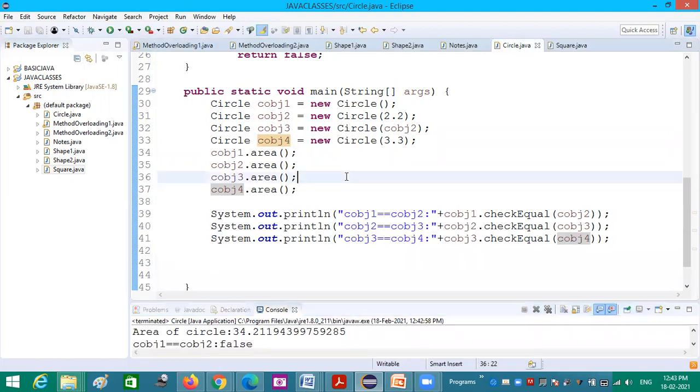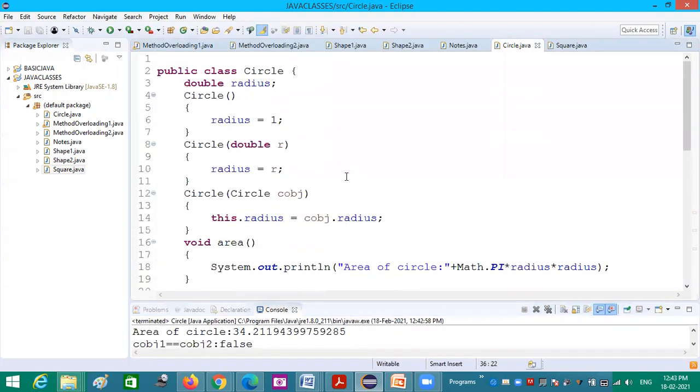So now in this example, we have seen how we pass our objects as arguments. Passing objects as arguments. I hope you are getting a clear idea on this.